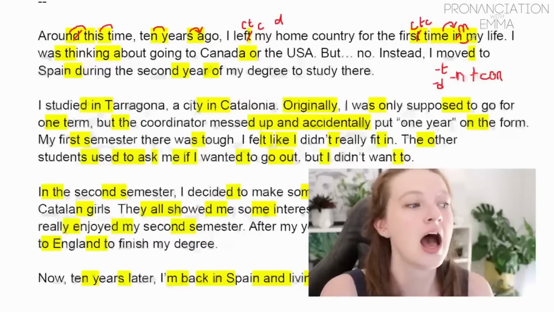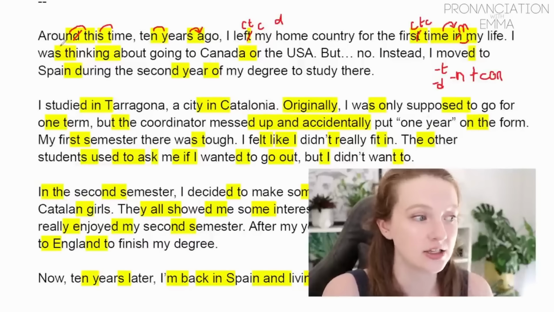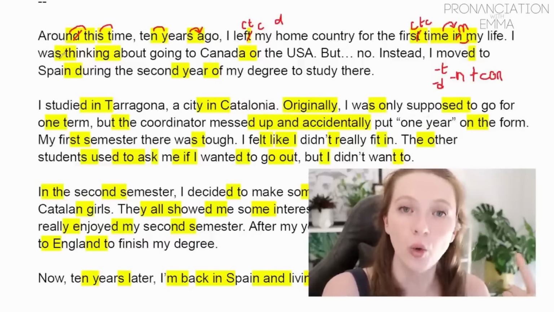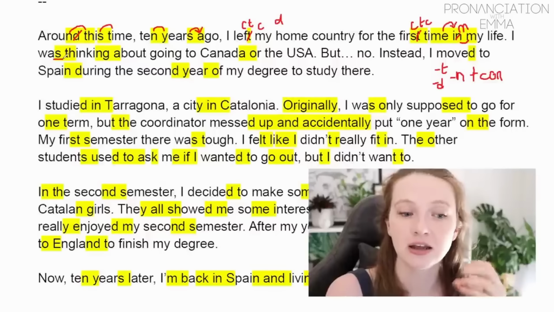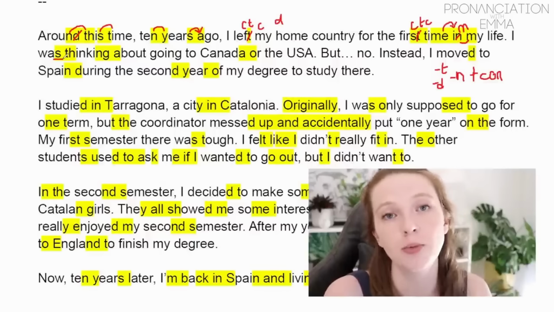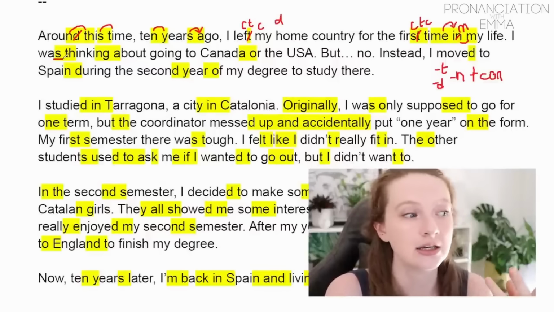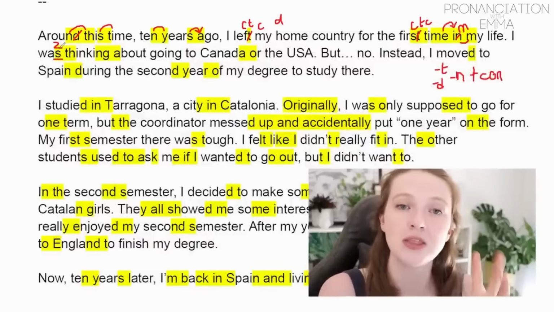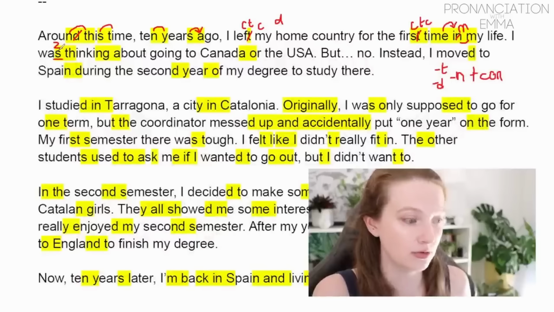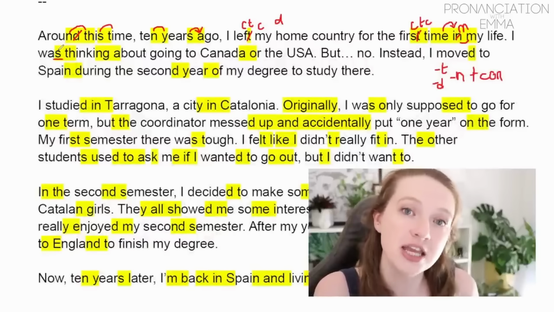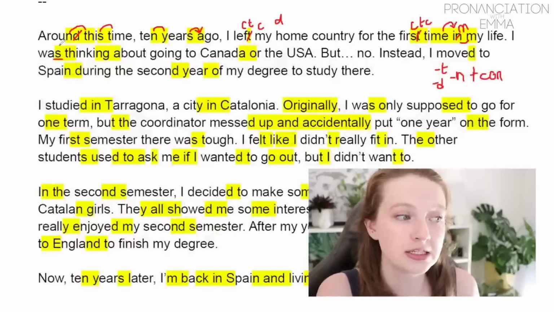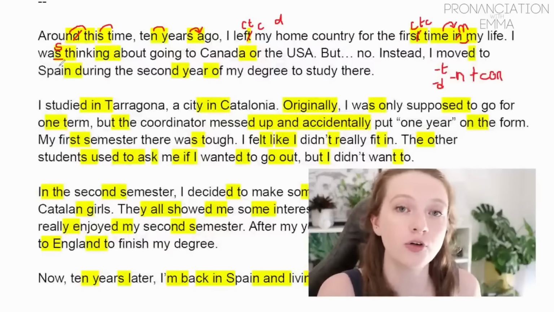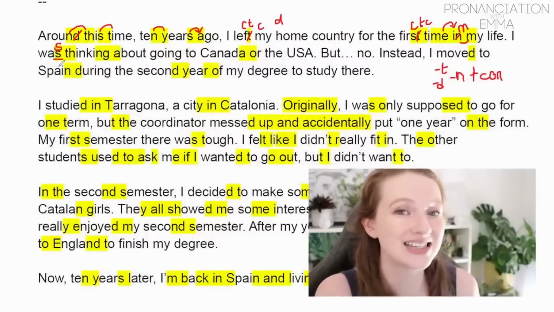Life. I was thinking. So this sound here, was. If I pronounce it with that strong form, so I'm using the weak form, was, okay? Was is with a z. If we look in the dictionary, it's a z. But what can happen is when the next word starts with a voiceless sound, instead of saying was thinking, we soften this. We change it to an unvoiced equivalent. We change it to s, was thinking, was thinking. I was thinking